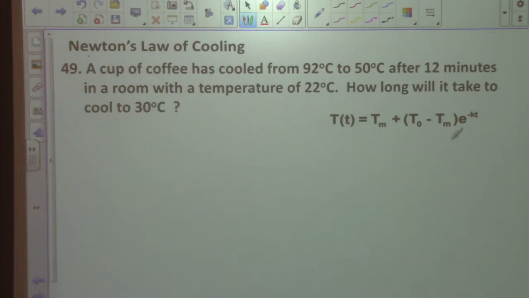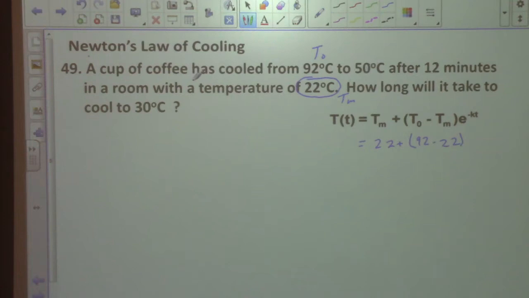So basically you have your formula here, and your cup of coffee is cooled from 92 degrees to 50 degrees after 12 minutes. What you're going to do is just figure out what to plug in to the formula. You have a room temperature of 22 degrees, and that's going to be T sub m. Any place you see T sub m, you're going to replace with 22. You see that? And then your starting temperature is T sub 0, so 92 is going to go right here. And so we have that,